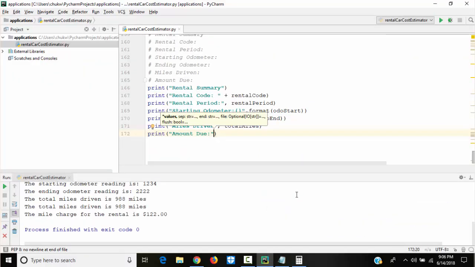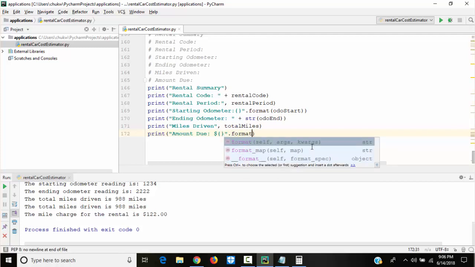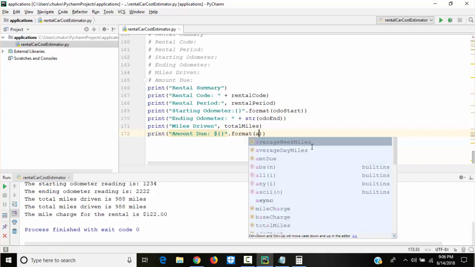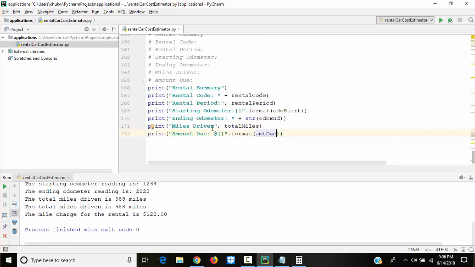I've done it before. I've done it earlier. $, curly braces, dot format, and you put amount due. And you come here, you put here a colon, then two floats.